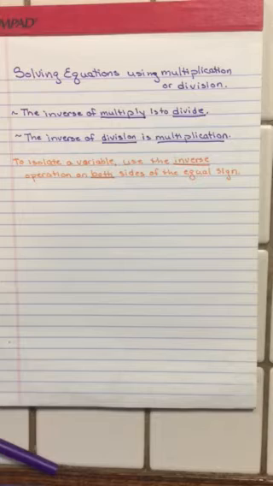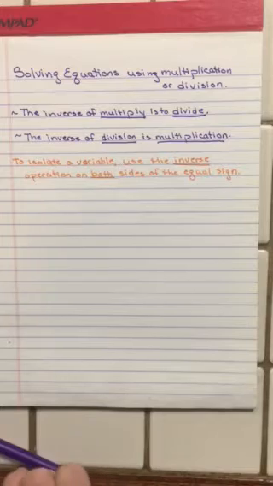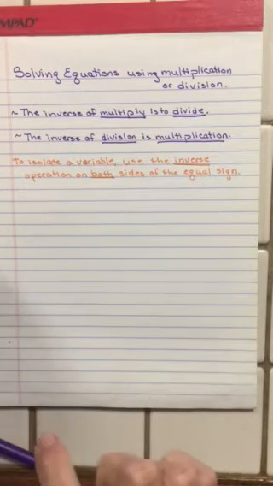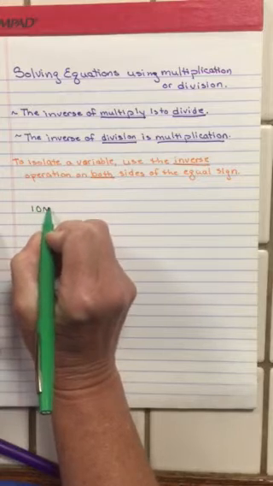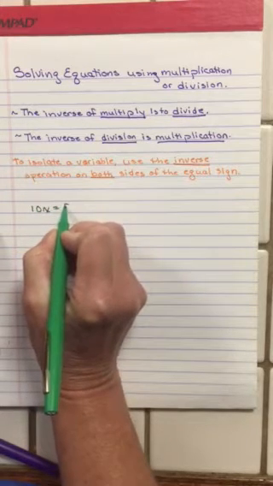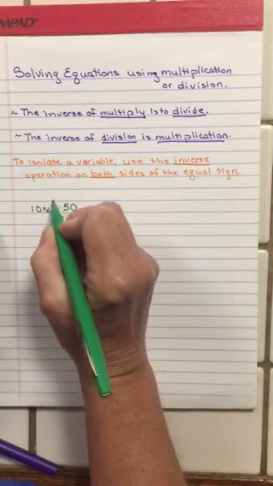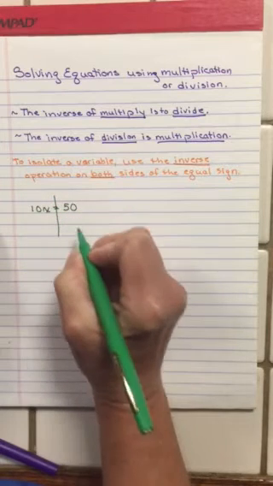the variable. And remember, of course, whatever we do to one side of an equal sign, we want to do to both sides of the equal sign. So let's take a look at an example. Let's take the example 10x equals 50. So I'm going to go ahead and draw a vertical line through the equal sign so that I